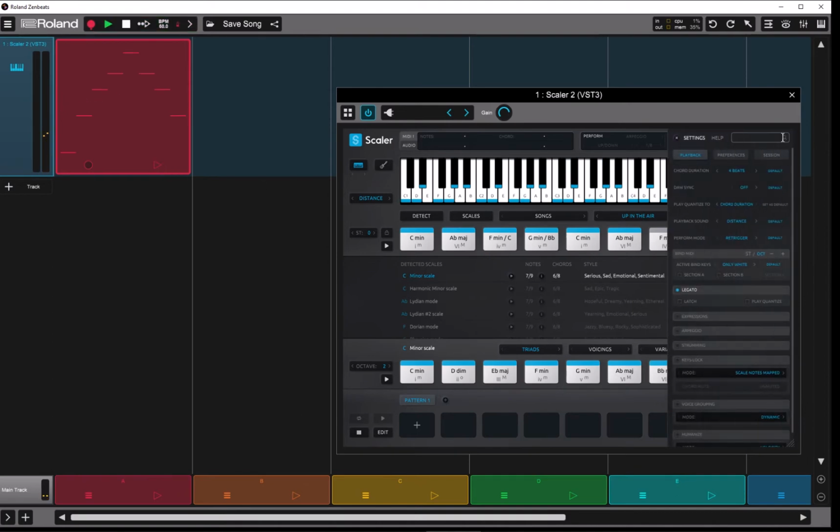Now, if we come into settings, go down to play quantize, that enables play quantize, but play quantize uses 2 specific settings in this scenario. One is, what do you want it to quantize to? Chord duration or beat. It will be on next beat. That will be the default when you turn play quantize on. I had it left on there from previous, but it will be on next beat. If you hit play now with play quantize enabled and next beat,